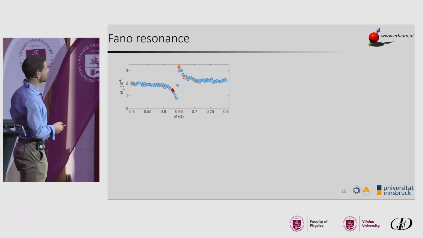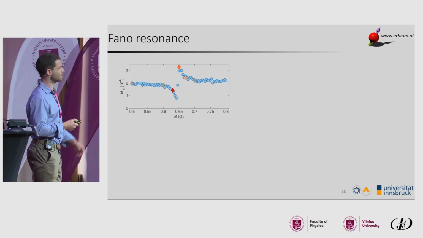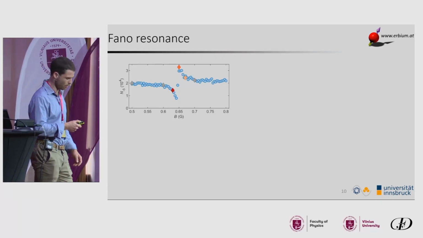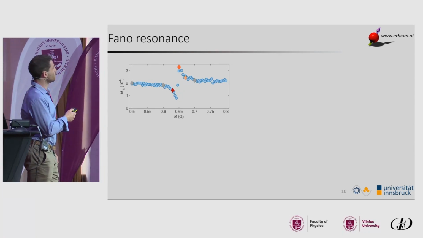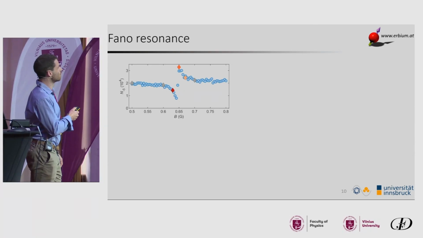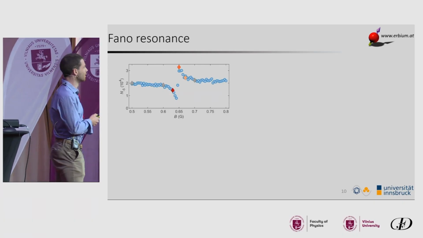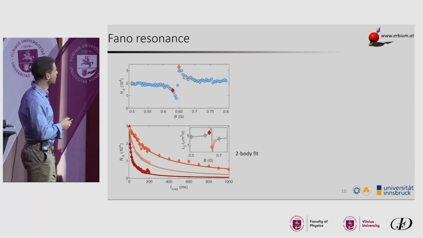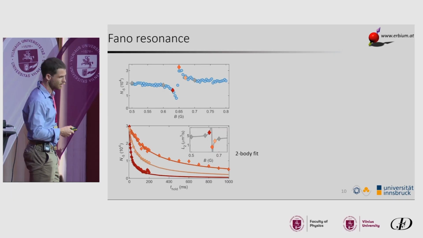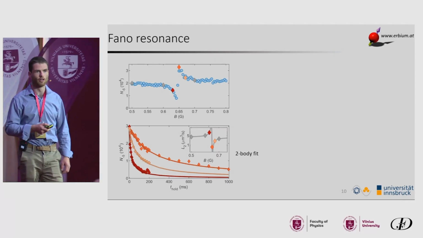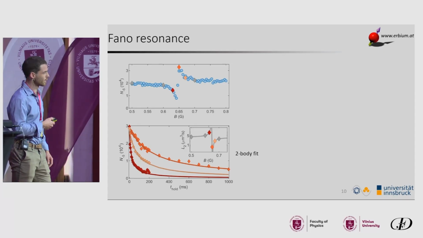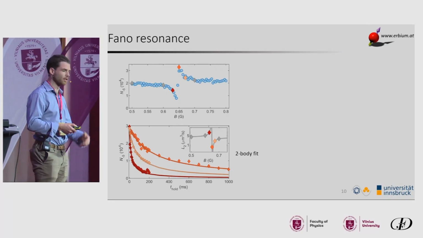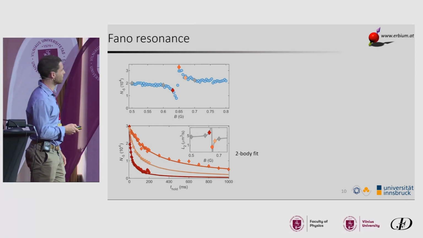So what we have done is to look a little bit more into detail and say, okay, is it first an experimental mistake or not? And no, indeed, if you do a more precise scan of the magnetic field, you see that if you wait a certain time, at 0.65 Gauss you lose fewer atoms than at 0.63 Gauss, by really a factor of 10 different. We have studied the nature of the losses around this asymmetric line, and you see it's two-body losses. Around a Feshbach resonance, what is usually known is three-body losses. So we say, okay, that has something to do with really collisions of two atoms and not just an additional process due to a molecular potential.